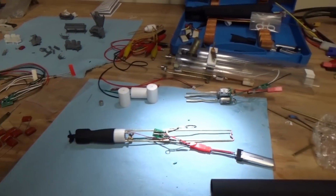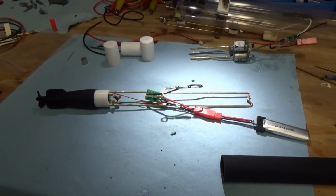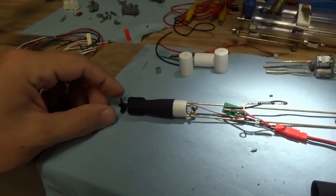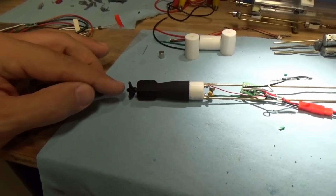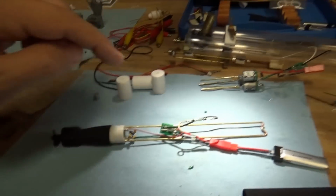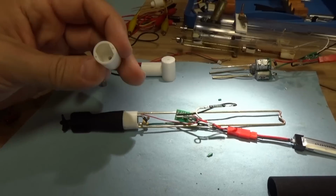So this is the guts, and it's untidy right now. I just finished soldering things up. But in general, what we're talking about, we'll start from the back. We've got a clockwise spinning propeller mounted to a brass shaft on the motors, and they pass through this bulkhead